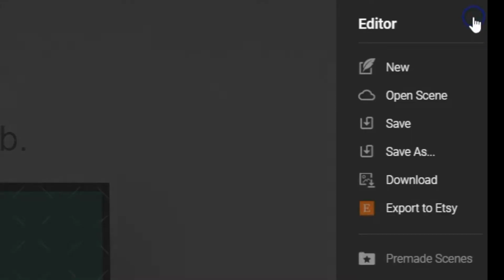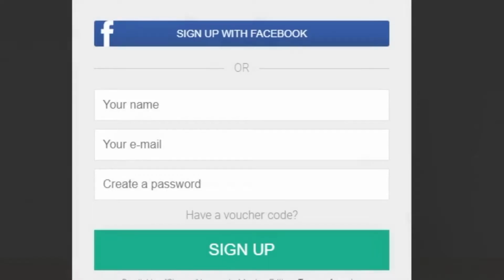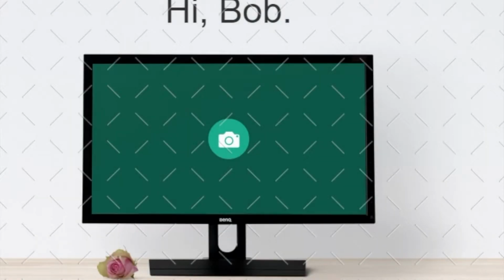Okay, so in order to save it, let's go here. You can export to Etsy. Okay, we don't want to open scene. Save. So you do have to sign into an account in order to save it, which I think won't be